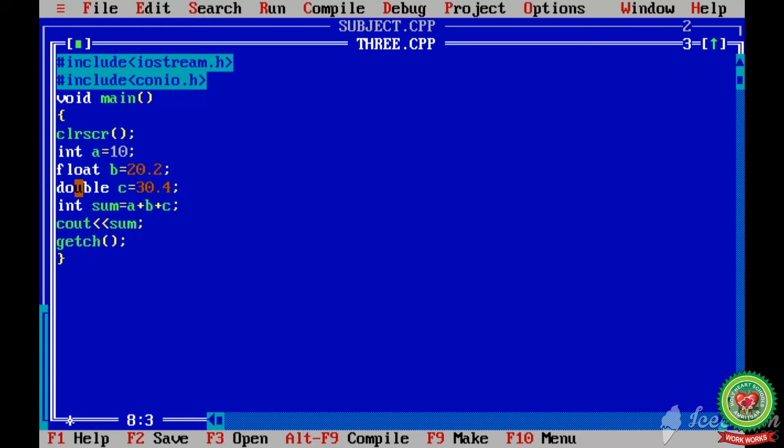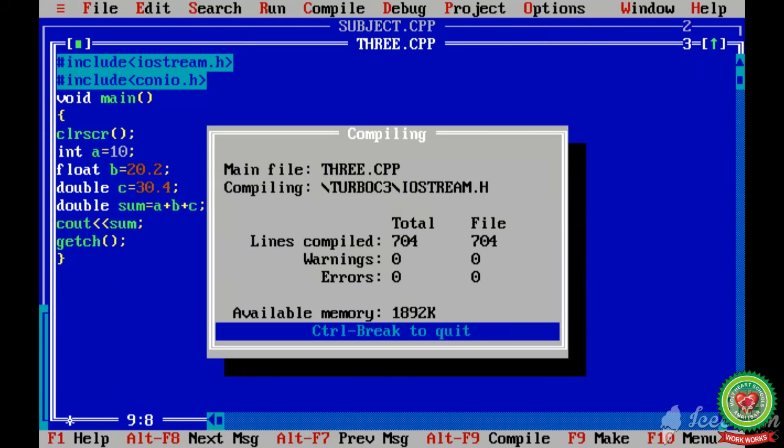Now see, if I do the addition of 10, 20.2, 30.4, then the answer will be a decimal value, so I will use double here. Now, when I run my program, I will get the result in decimal values.